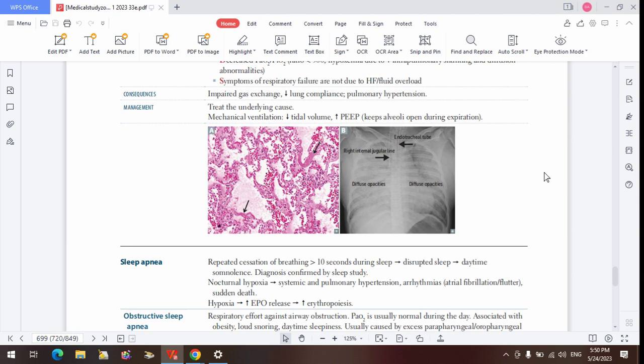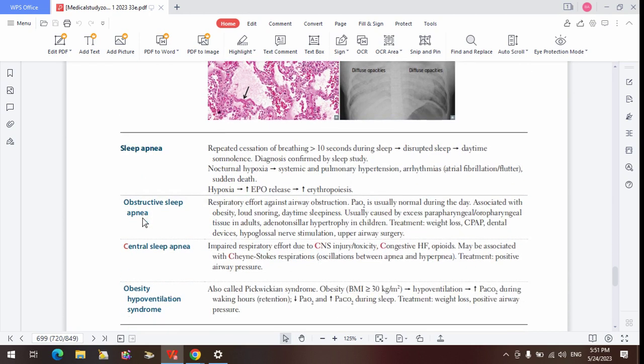So there's going to be restriction because of the fluid overload that they have. Other causes of restrictive disease are usually pulmonary fibrosis, sarcoidosis, pneumoconiosis, Wegener's, or idiopathic pulmonary fibrosis. There's fibrosis that causes the restriction. Here it is the pulmonary edema that is causing that restriction, so it's going to have a restrictive pattern. That means you want to increase the respiratory rate and reduce the tidal volume, which will help them.